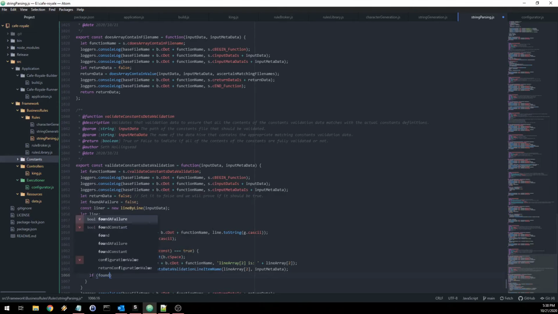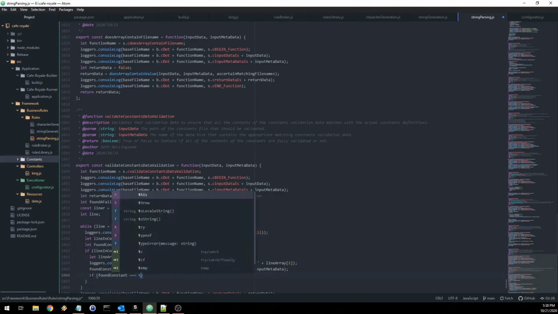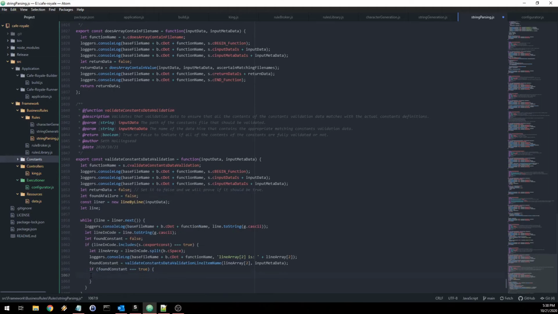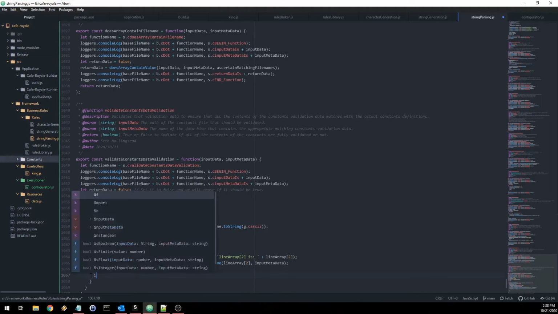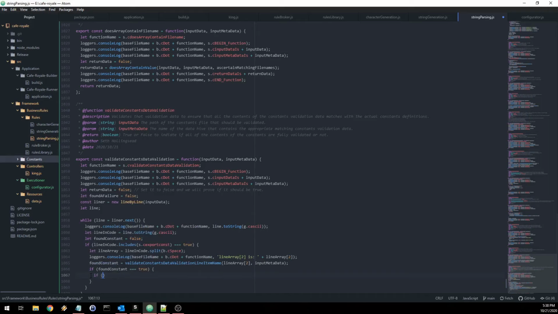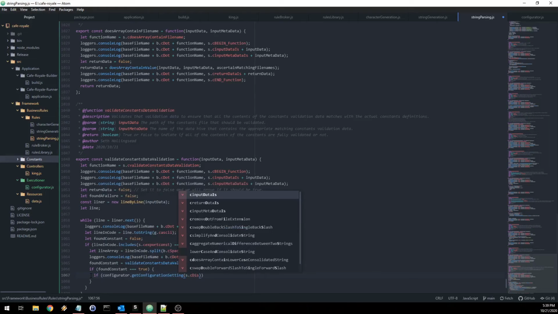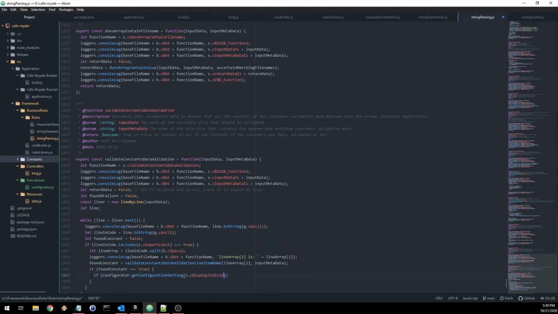If found constant equals true, then we have a nested configuration here. If configurator.get configuration setting s.c display. We don't have this one yet. Display individual constants validation pass messages. If that is true,